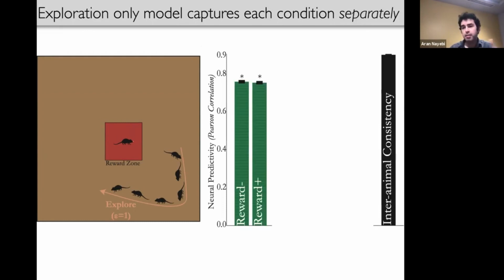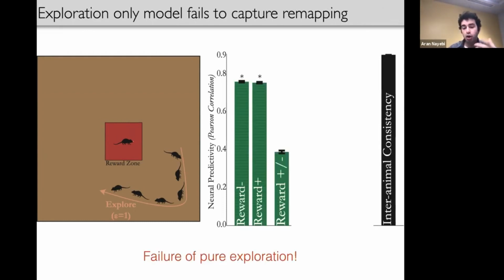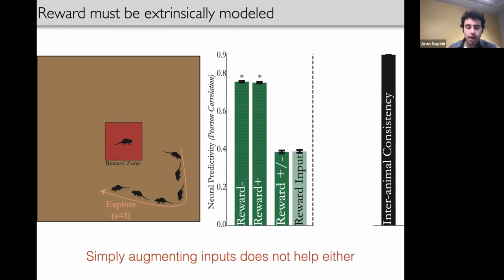And we see that that actually matches each condition separately. However, it fails to capture the remapping when compared across both the open field and the reward condition. And simply augmenting the inputs to be a Boolean for whether there is a reward or not doesn't help either. So something else needs to be done.